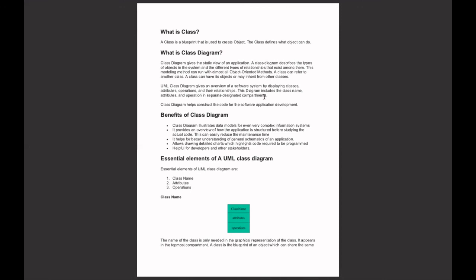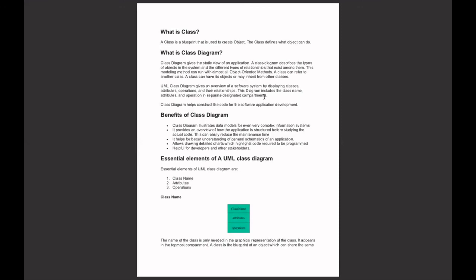As I said earlier, a class diagram is used not only for visualizing, describing, and documenting different aspects of a system, but also for constructing executable code of the software application. A class diagram describes the attributes and operations of a class and also the constraints imposed on the system.